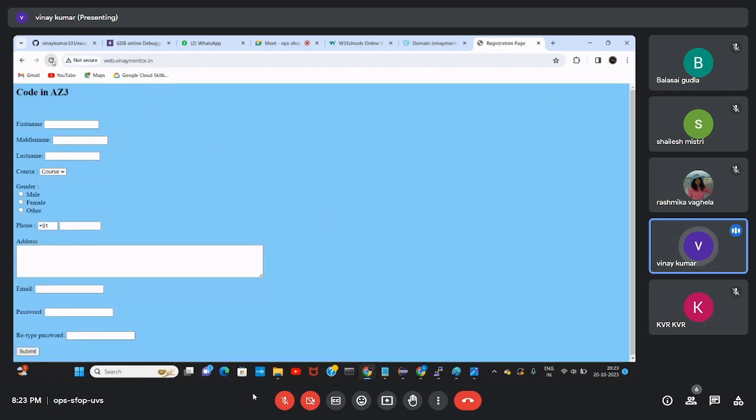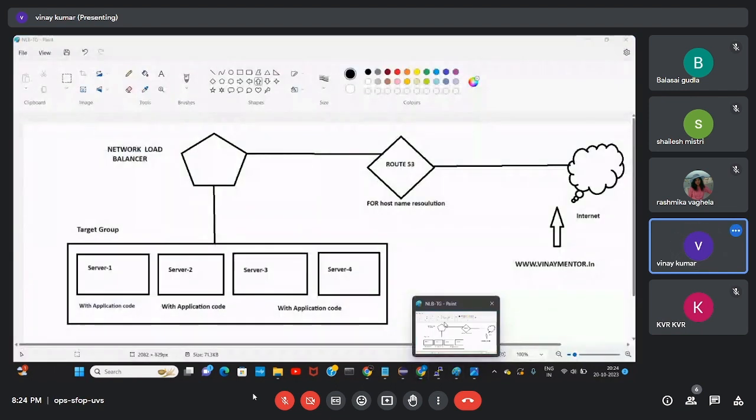Okay, it also reaches the same. If we keep refreshing, it will reach another zone. See, now it will connect to another server at the backend because it is integrated with the load balancer. That's the thing I explained to you. It is integrated with the load balancer.